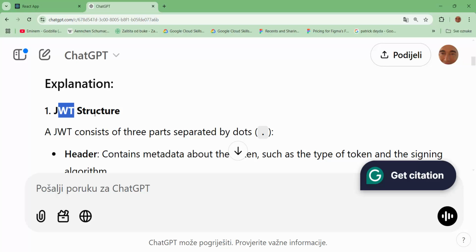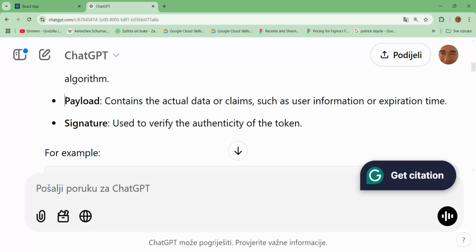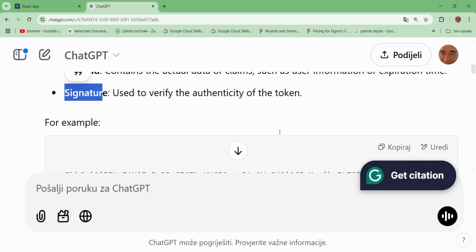JSON Web Token structure. A JSON Web Token consists of three parts separated by dots. The header contains metadata about the token, such as the type of token and the signing algorithm. The payload contains the actual data or claims, such as user information or expiration time. The signature is used to verify the authenticity of the token. Three parts: header, payload,